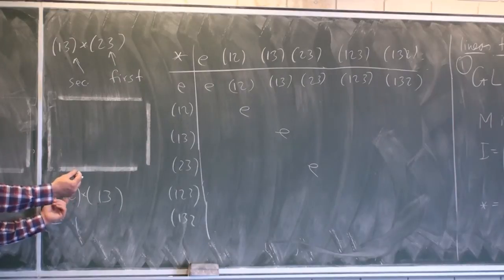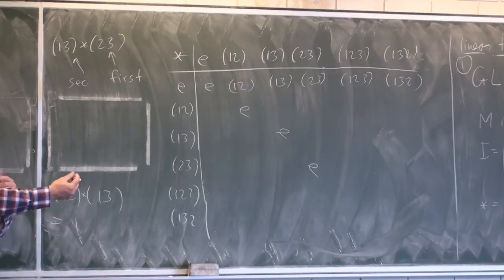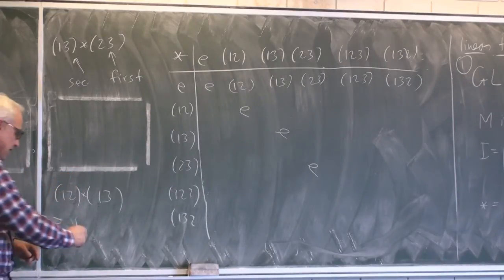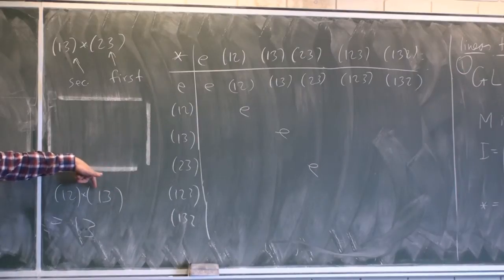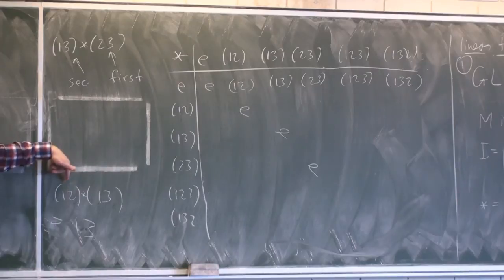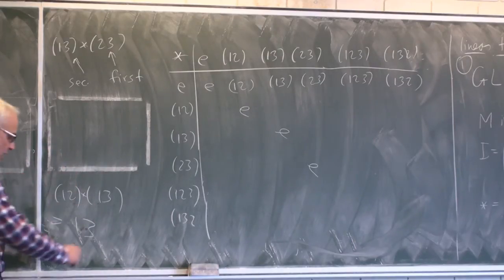Well, this only interchanges the things that are in the first and second position. So the thing in the third position stays where it is. So that's where the thing in the first position goes. Now we have to figure out what happens to the thing that was in the third position to begin with. When we apply this one, the thing in the third position goes to the first position. And then when we apply this one, the thing that's in the first position goes to the second position. So altogether, the thing that's in the third has gone to the second.